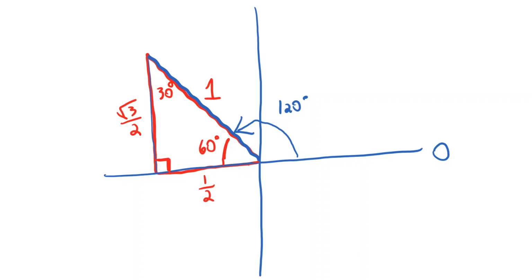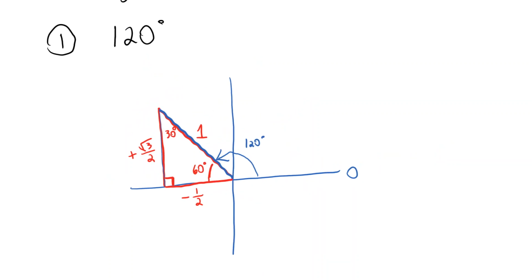Now the 1/2 is going to the left, so we'll say it's negative 1/2, and the square root of 3 over 2 is going up, so we'll call it positive square root of 3 over 2. So that's the reference triangle for 120 degrees. Let's go ahead and define a reference angle. So first of all, the reference angle is the angle,